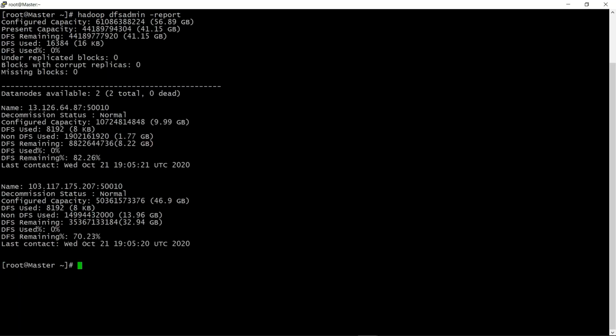Here you can see it is telling me the two data nodes are connected with me, and one data node has provided me 9.99 GB, that is almost 10 GB, and another data node, you can see it shows IPs also, has provided me the storage of 46.9 GB. The total storage the master node has now is 56.89 GB.